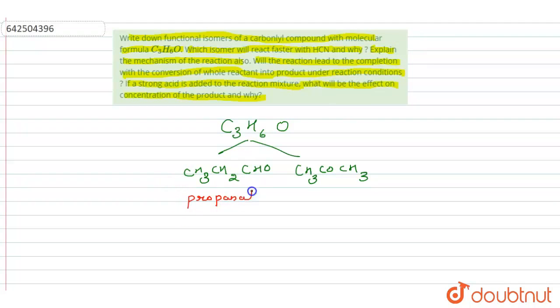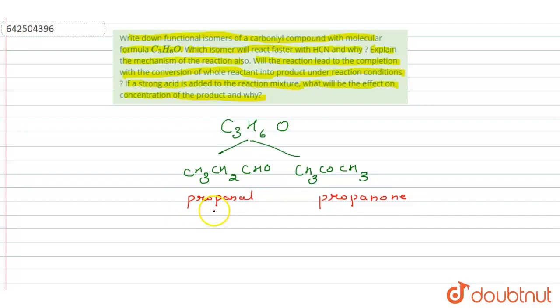So here we have C3H6O. From this we get CH3CH2CHO, so this is the aldehydic group, and here we have CH3COCH3. Here we have propanal, and this is propanone. Propanal reacts faster with HCN because there is less steric hindrance and electronic factors which